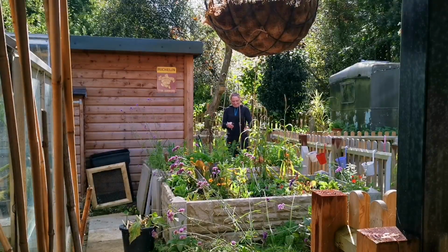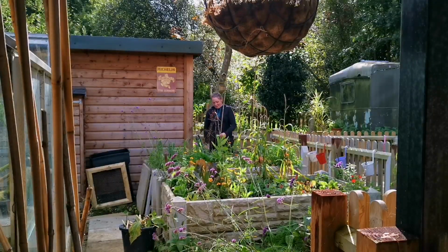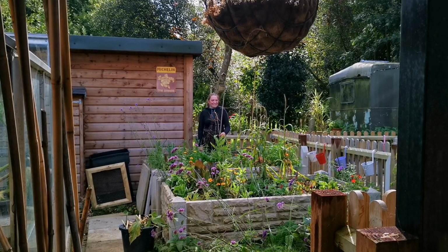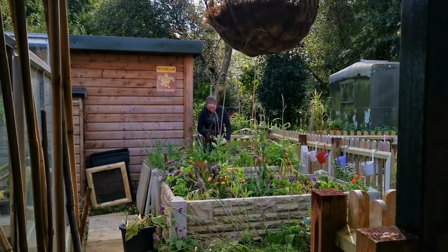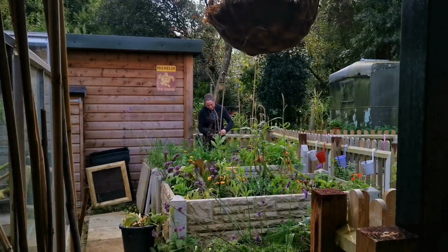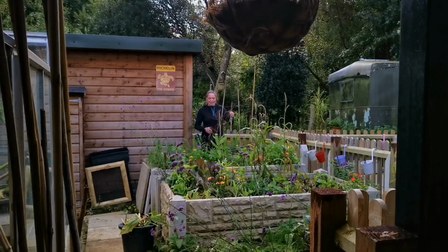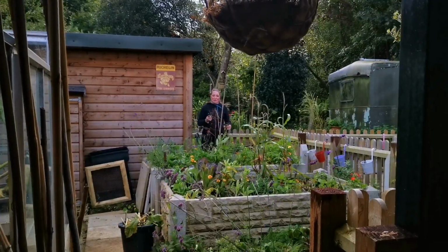That's my last tomato plant in the corner. I grew some nice varieties this year, a couple that I hadn't grown before. I had a nice cherry tomato, which was a real dark purple, nearly black. They called it black cherry. I've had a yellow one, which I can't remember what it's called now. So a yellow cherry tomato again. I've grown the Heinz tomato, which was bought from me a few years ago, and I've just kept the seeds each year,